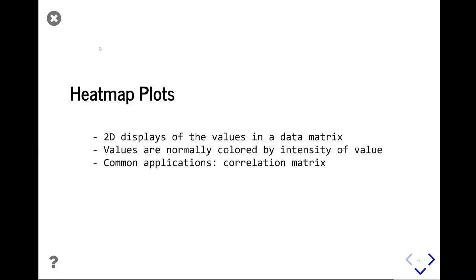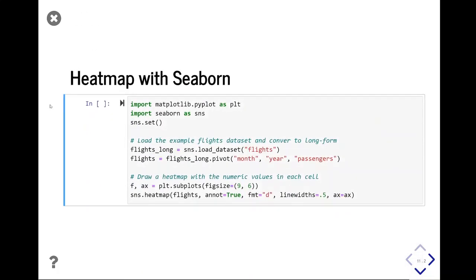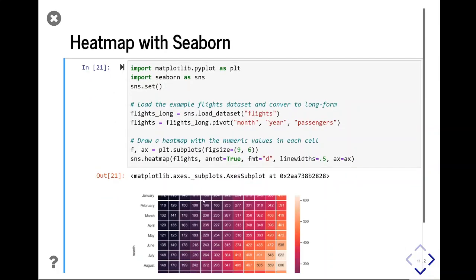Heat maps are two-dimensional displays of values in a matrix. So think of them as squares mainly. They can be other shapes as well, but the values are normally colored by intensity of value. Some of the applications are a correlation matrix, if you're familiar with those. So let's see how we can do a heat map in